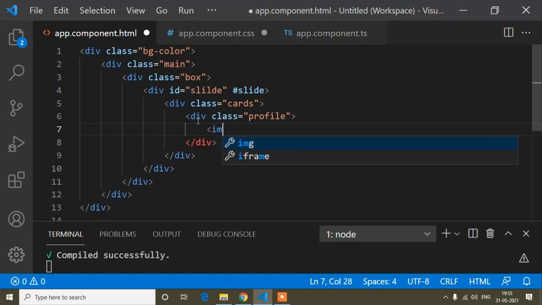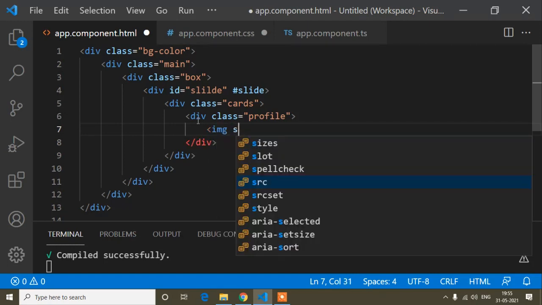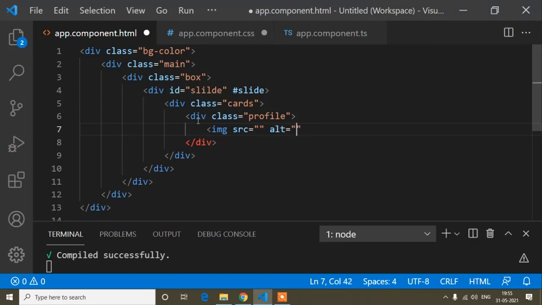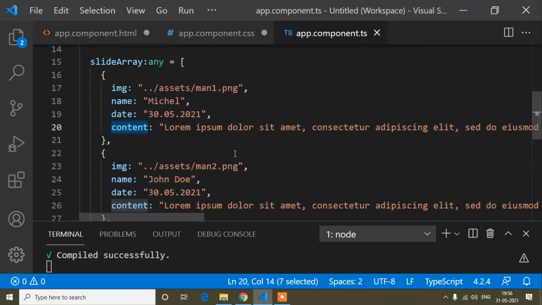Okay, so now here I will write image and source equals to, and here I will write the alt tag. So alt, here I will write image. The alt tag is actually used for SEO purposes, because guys, suppose there is a blank image like right now. So right now it's blank. When it is a blank image, that time the image alt tag name will be shown in the preview. Okay, so that time the developer or the user can understand that the image is blank. And here I have set all the images inside this array, so that array I will bind.